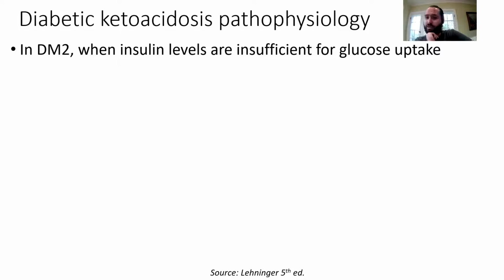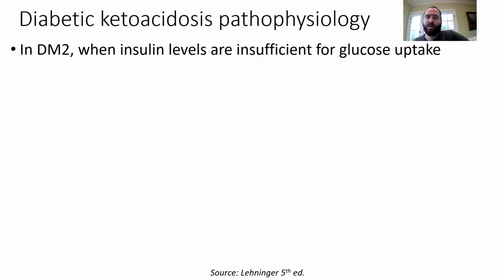Type 1 has no insulin, good. So we call type 1 insulin deficient, and it is genetic, right? Type 1 diabetics have a genetic predisposition towards autoimmunity, typically towards their beta cells, so they are not able to make any insulin. Whereas in type 2